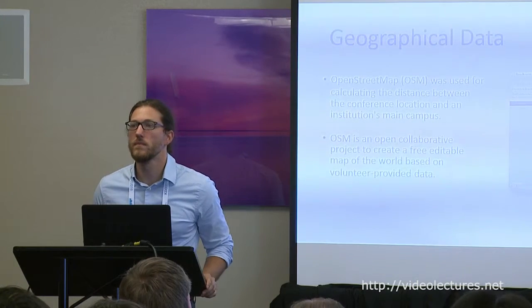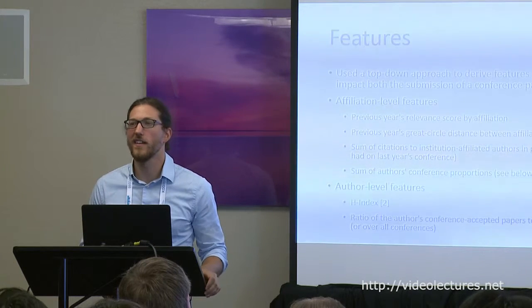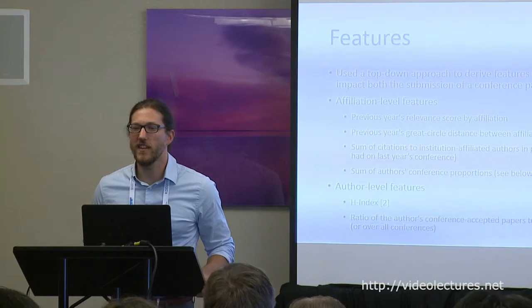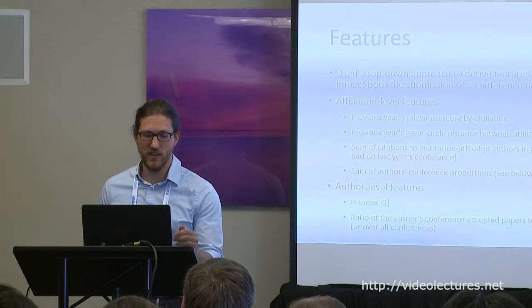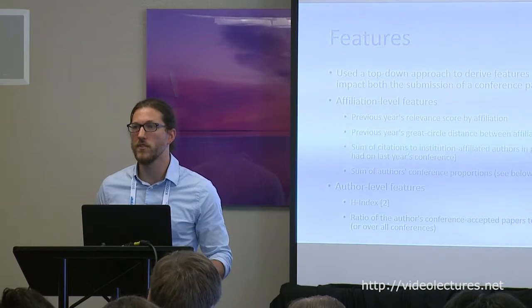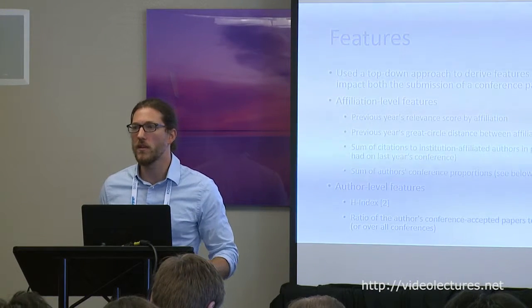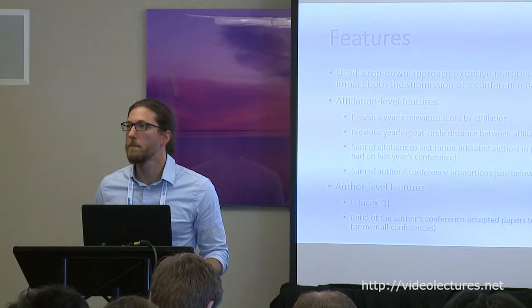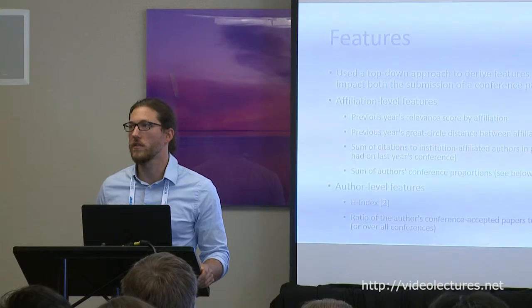I'm kind of intrigued by the use of the H index, and I'm wondering where you took it from and what it contributed to the overall result. So unfortunately, the author level regression didn't perform as well as the affiliation level regression, so we didn't end up using the H index in our final submitted models, but it was a possible thing to expand upon in further research. And were you calculating H index yourself based on the data? We were using the Microsoft Academic Graph to do that. Very good.